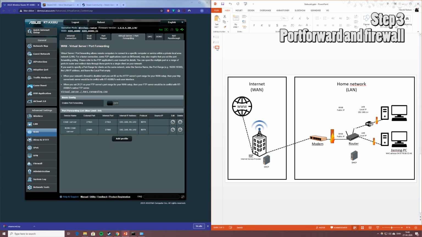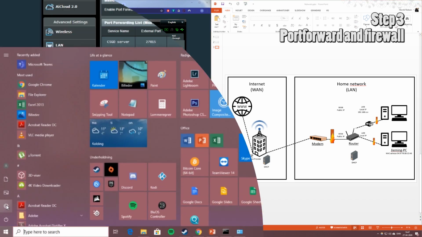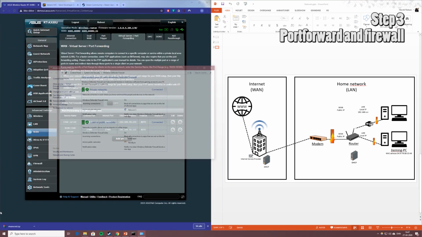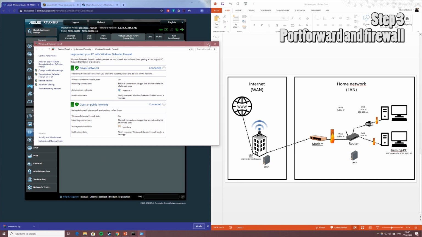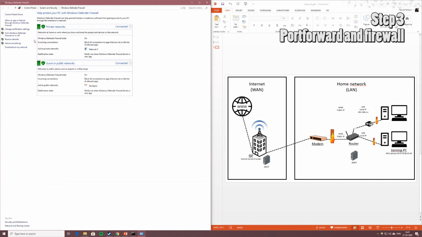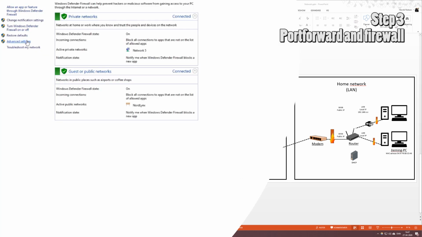So now we've made these rules here. They are sort of rules in the firewall, in your modem and between your modem and router, where you allow port forwarding information to go from outside into your computer here. Now we also need to make a rule that allows the information to get into the machine itself. The way we do that is we go to start, type in firewall, open this one up, and then we need to say advanced settings,